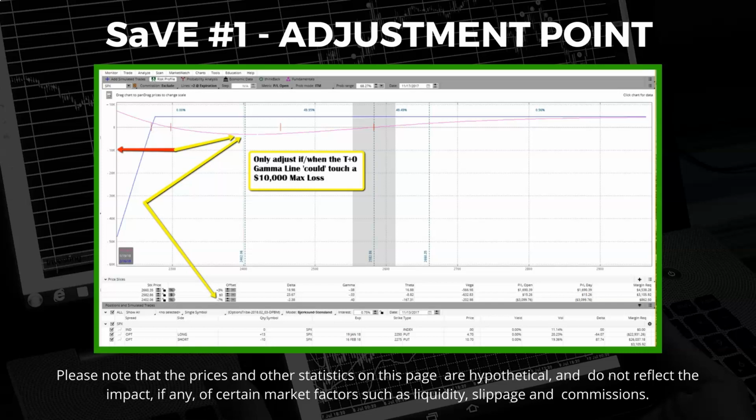The adjustment point is looking at that magenta T+0 line. Now, this is what I do. Remember, if the max risk ever reaches $10,000, that's as much as we are willing to accept. If the trade is down $1,500 at that point,